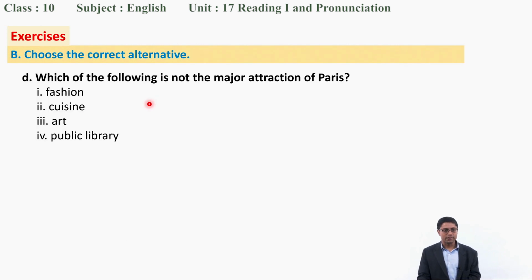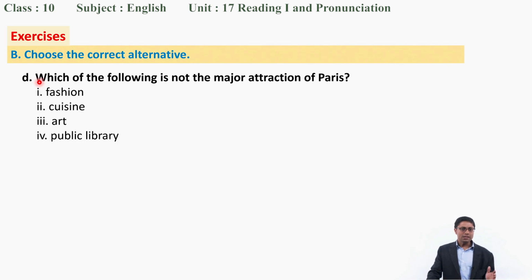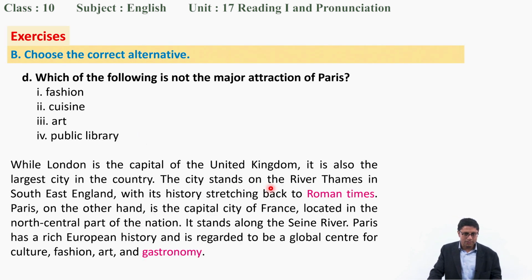Now let's move on to next. D. Which of the following is not the major attraction of Paris? Fashion, cuisine, art, public library. Do you know what? Okay, so what did you say? Public library. Okay, that's good. Public library. You can find here. You see, London has more public libraries,